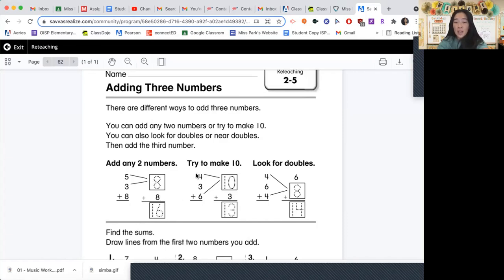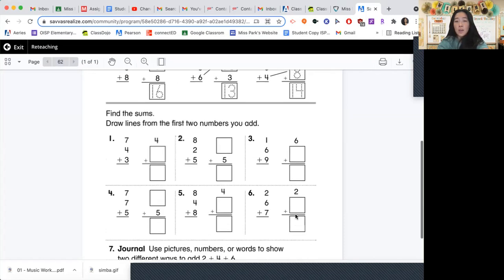You can try and make 10. 4 plus 6 would equal 10, and then you would add the 3 to make 13. You can also look for doubles. 4 plus 4 is a double, so that would be 8 plus 6, which would give you 14. Okay, so